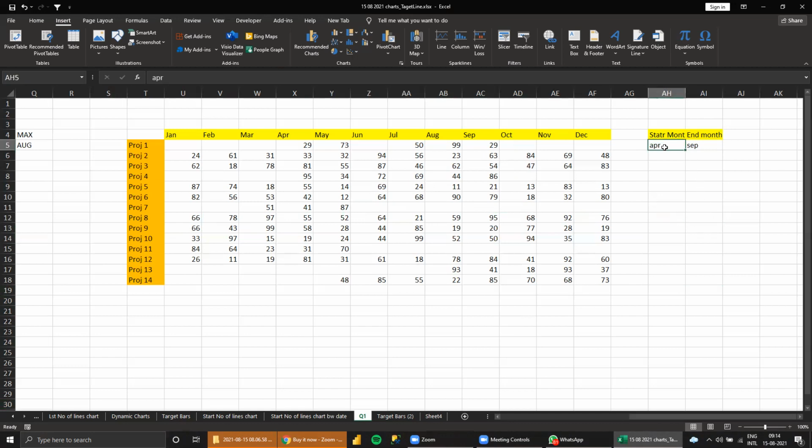Some start in the middle and end in the middle. Don't think this is all manual work. People doing it manually take a lot of time. Please do this with a formula.